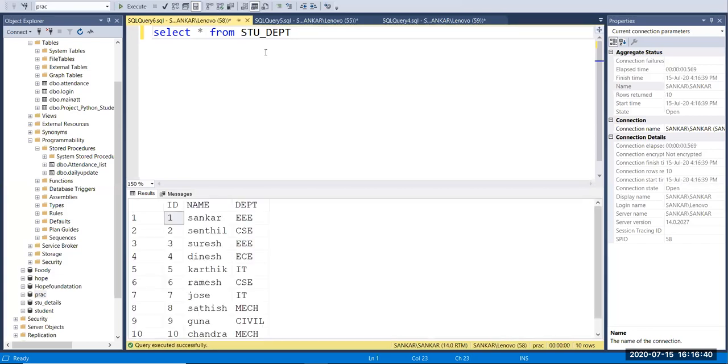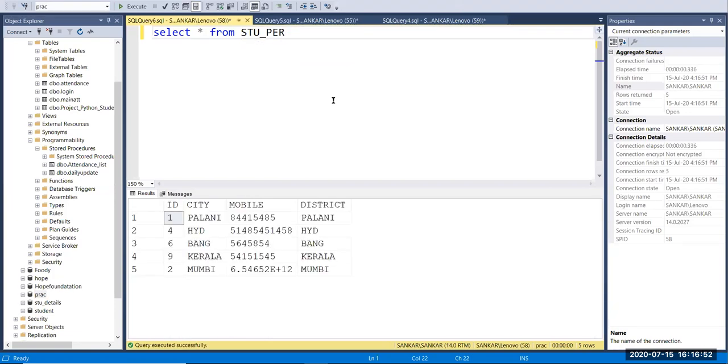One is stu_dept, in which we have 10 records, and the other is stu_per, in which we have 5 records. Now we'll see how to do an inner join, and then we'll see left, right and full joins.